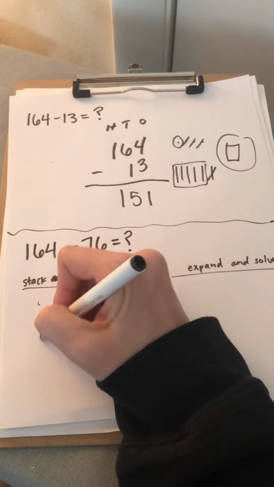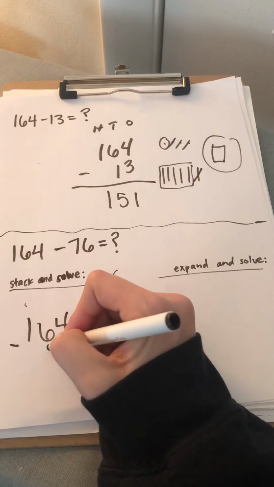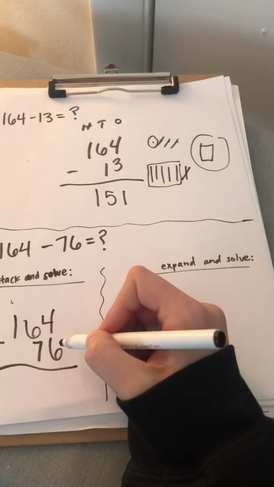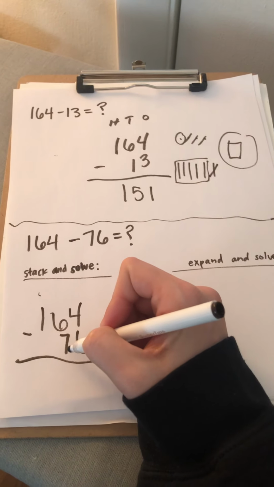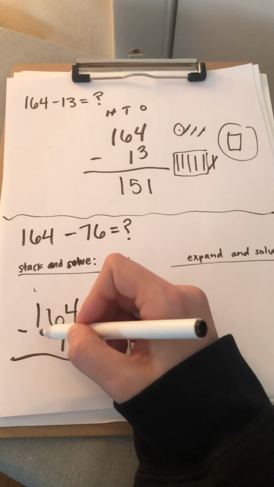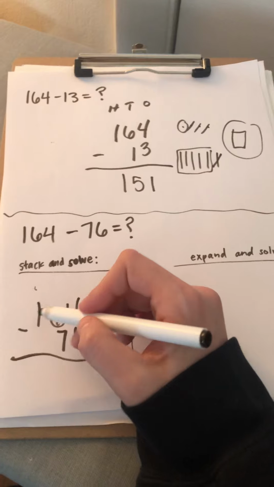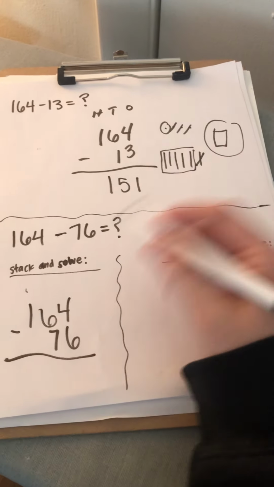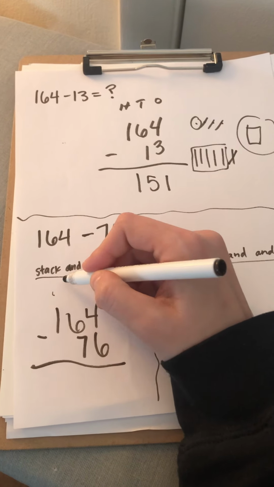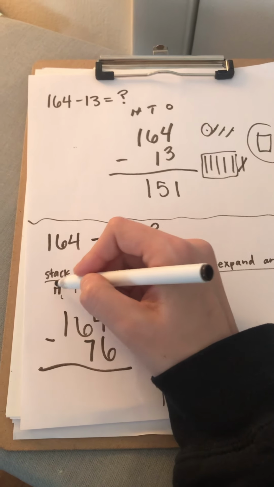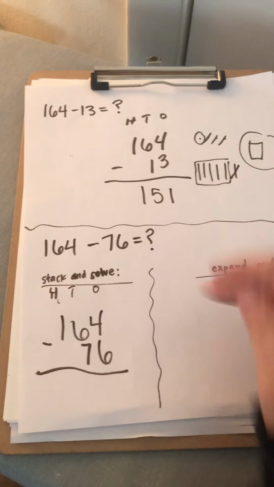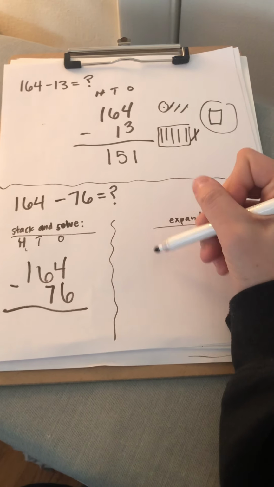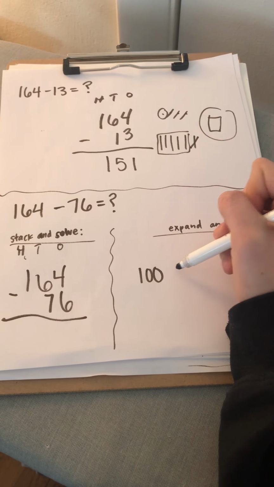164 minus 76. Remember that we line up place values. My ones place goes beneath my ones place. My tens place goes beneath my tens place. I don't have hundreds in this number. The hundreds is alone. Line up place values. You could even write your place value chart if you need the help because that proves you've got them lined up. Now in this expand, we would have